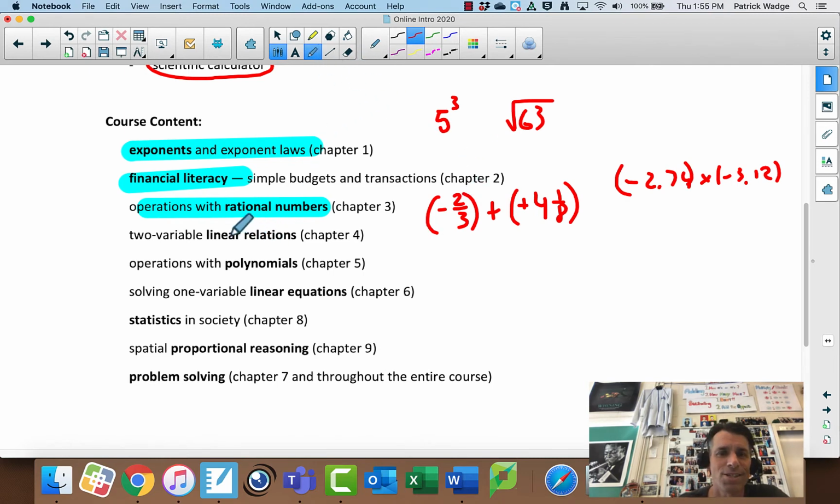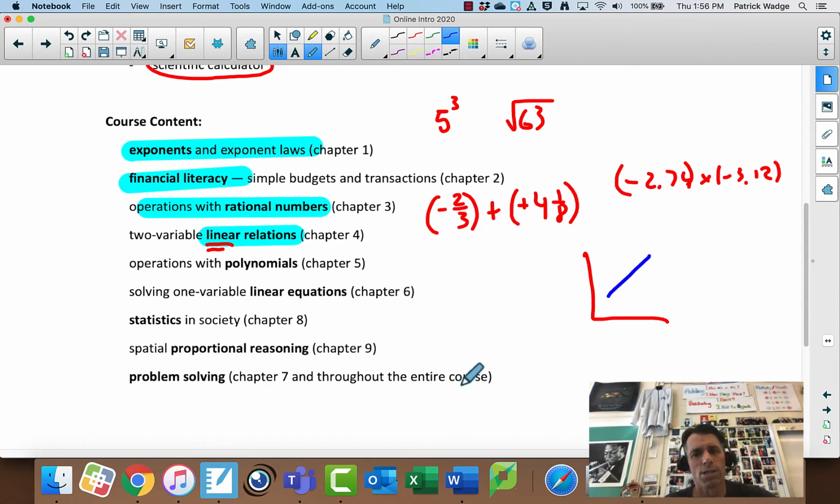Next, linear relations. I'm confident we'll get to that a little bit right at the end of the course. You kind of redo a lot of that in grade 10, so if we don't completely do that, it's not the end of the world. This is where we're looking at relations between things. Like if you were to graph a linear relation, guess what it would look like? Line. It would look like a line. So we're going to look at relations like that a little bit this year maybe.